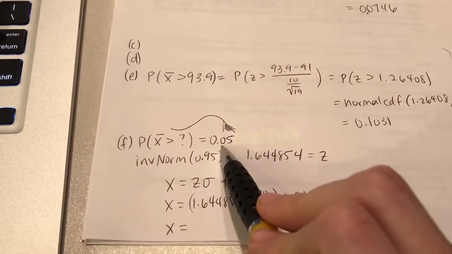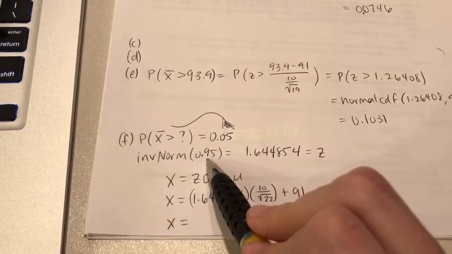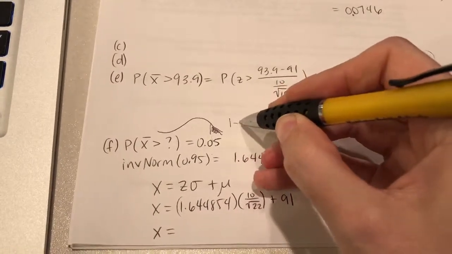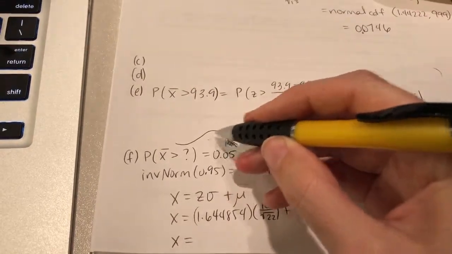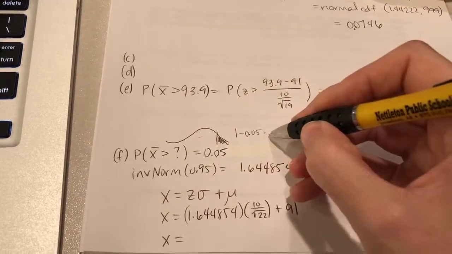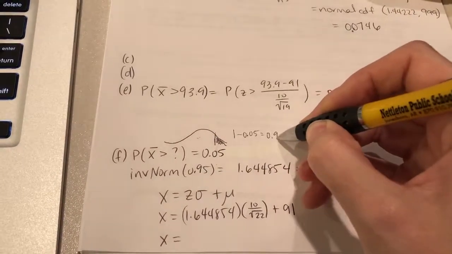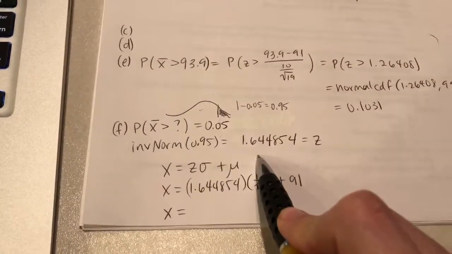So since the area here is 0.05, I need to do an inverse normal on 1 minus 0.05 to know what indicated value this is, because it gives the area to the left. So that's why I have taken inverse normal of 0.95. That gives you a z of